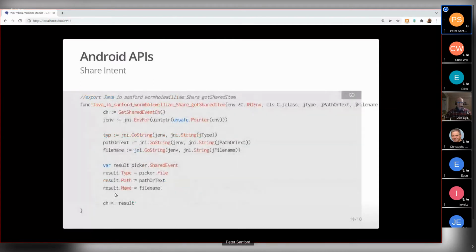So that Cgo code is really doing the minimal amount of converting from the Java types to a Go type that the UI can interact with, and then it just writes to a channel saying that this event came in.